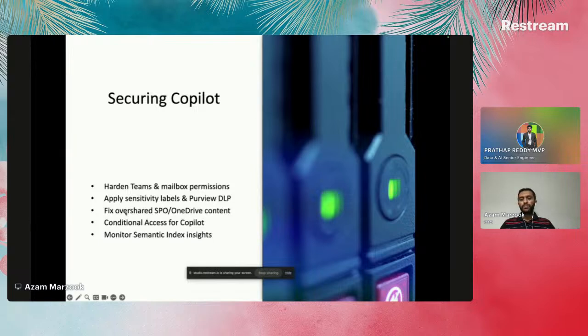So Microsoft has that feature now, which is coming along with your SharePoint. You can go to the SharePoint administration dashboard, and then you would be able to see that. Then you can restrict access to Copilot and your agents, and conditional access, which is within the Entra ID environment, can also be restricted there. And then the Copilot dashboard itself now gives usage insights and semantic index insights, like what areas of your data have been indexed using semantics. So these are some of the key aspects that you need to be considering